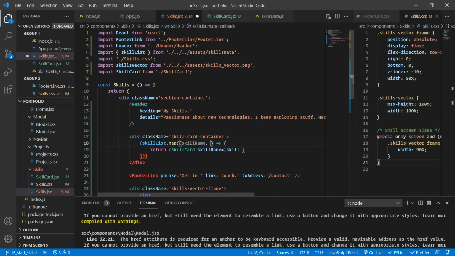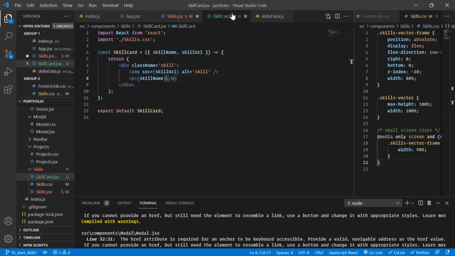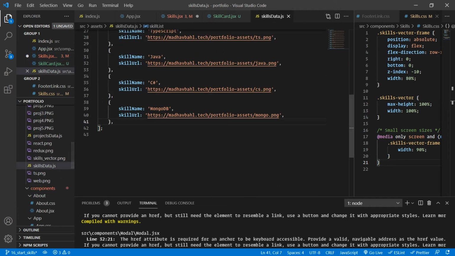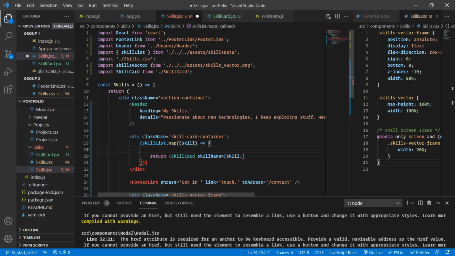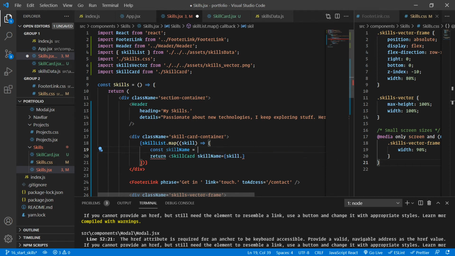That was a little bit quick. This skill is nothing but an object. This is the skill data, so this skill has a skill name and a skill URL. So we can easily do const skill name equal to skill dot skill name,